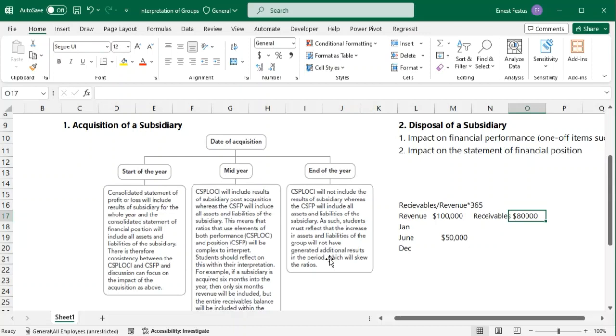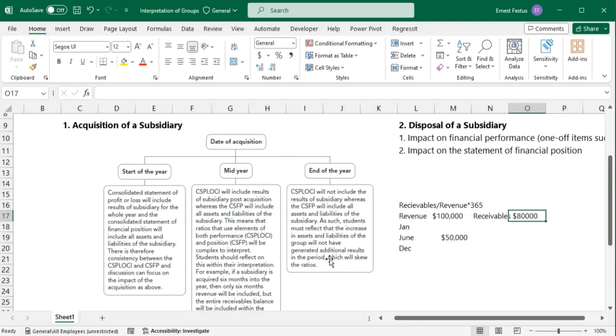So we will not consolidate the revenue and expenses of the subsidiary at the end of the period. But because we are preparing the consolidated statement of financial position at the year end, we will still include the items of assets and liabilities in the group financial statements, and that will also give a false